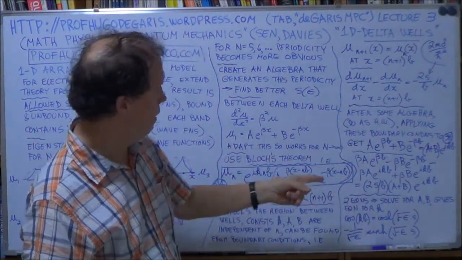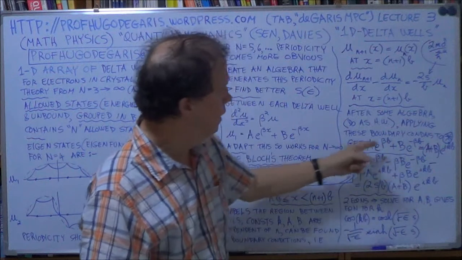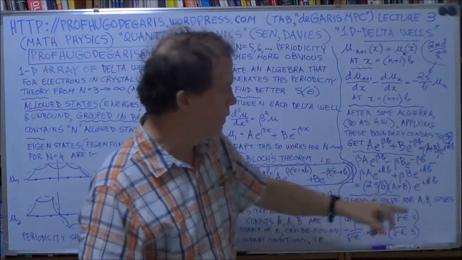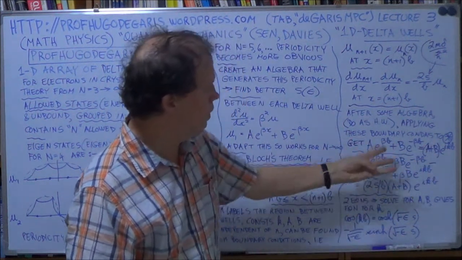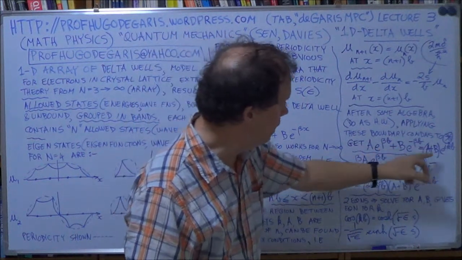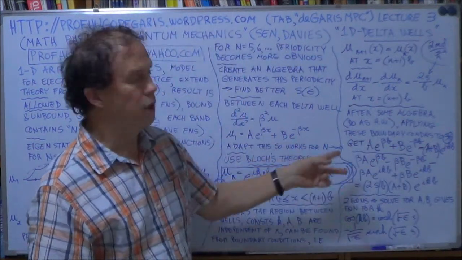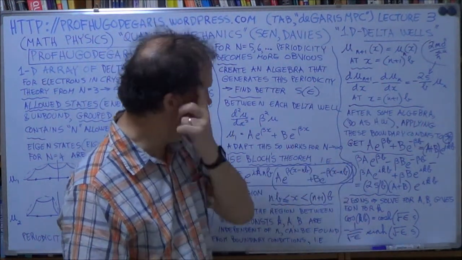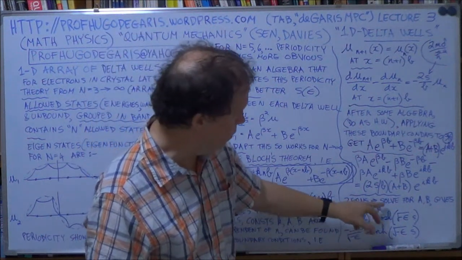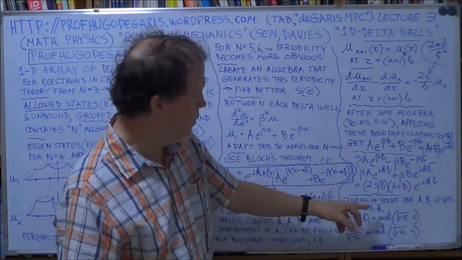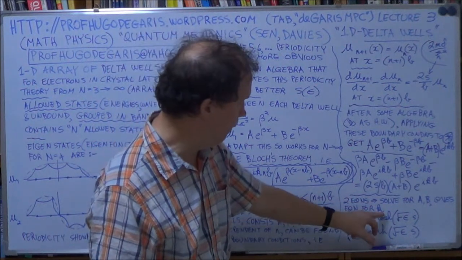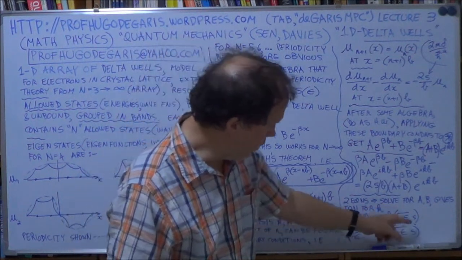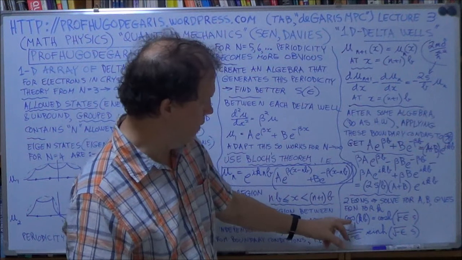So now you have two equations in a and b and k. So you've got a k here. So with two equations and three unknowns, so we've got the constants a, b, and little k. But with two equations, we can eliminate the a and the b. Right? So you can solve for a and b, and that gives you one equation for the little k, and that equation works out to be this one, where the cosine of kb equals